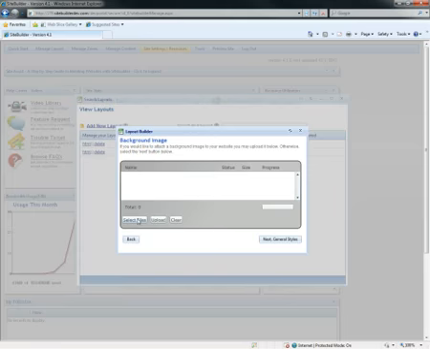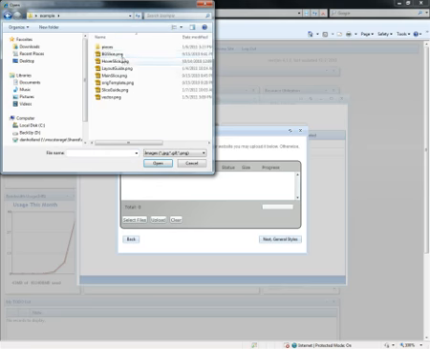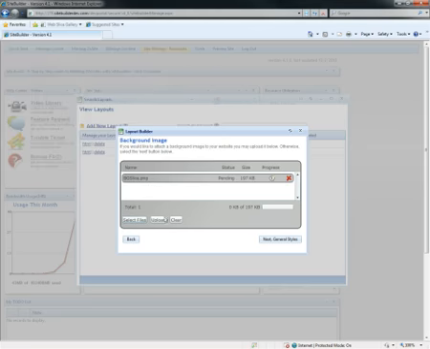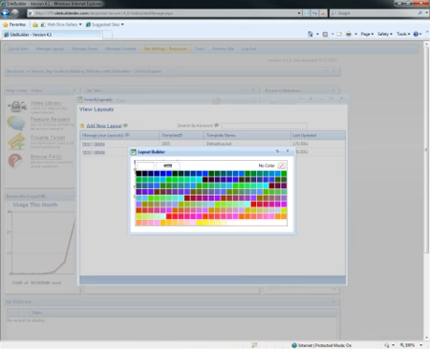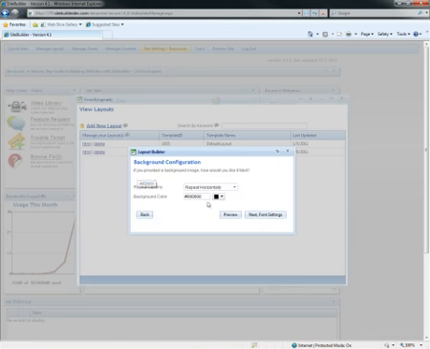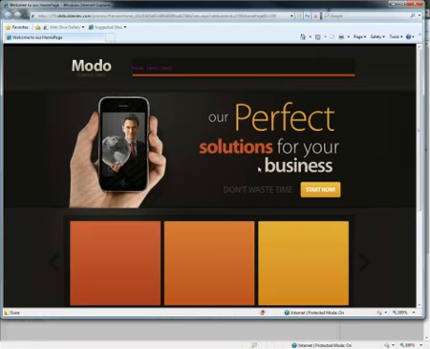So I'm going to go ahead and select the file, and we'll say BG Slice. We'll open that. We'll upload. We'll say next. And then it's going to ask me if I want to repeat this. So yeah, I do want to repeat this horizontally across the screen. Also, I can put a background color in, which, since I'm going to have a background image, it doesn't really matter, but I'll go ahead and select the black here, and then we can preview what we've got so far. So now you can see how we got the background image, and now it looks full screen regardless of how